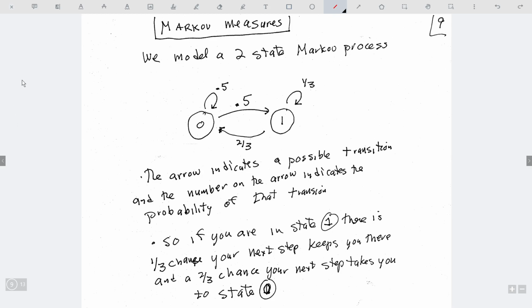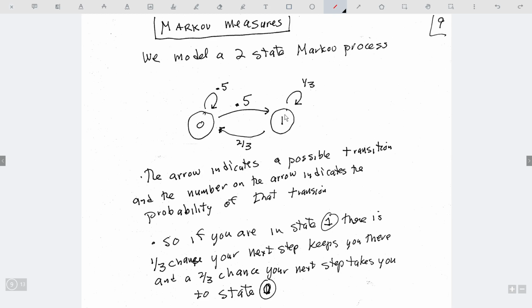So we think about 2 states. Next time I'll give you a more concrete example. But there are 2 states your system can be in, and we could think of it as on and off. And if you're off, then you have a next stage. All right, so this is telling you that your next stage has a 50% chance of being 0 and a 50% chance of turning on, of switching to 1.